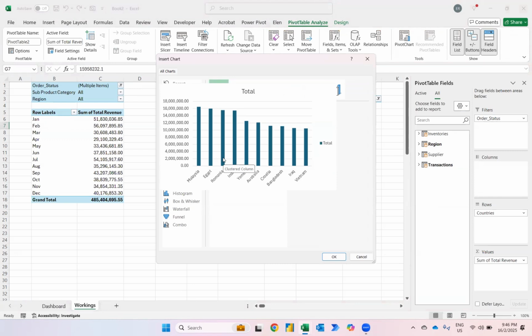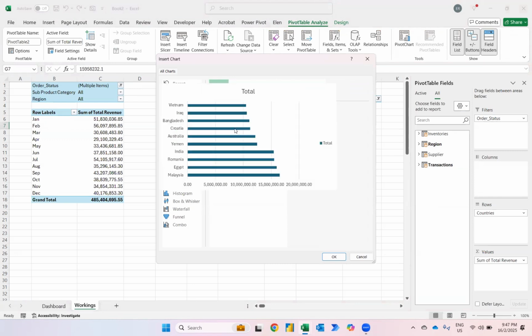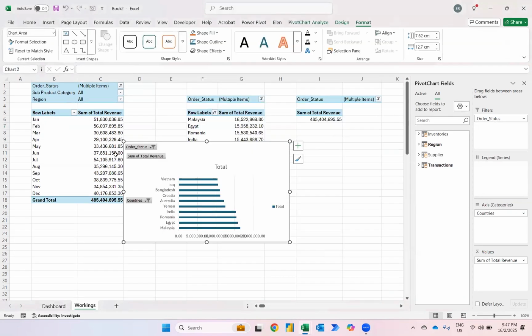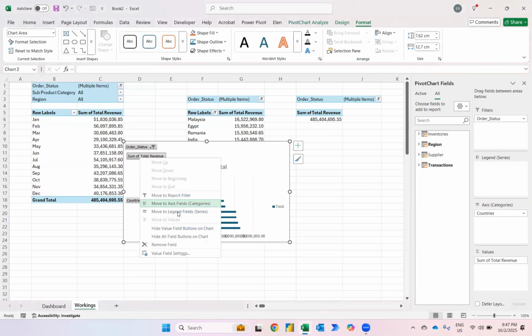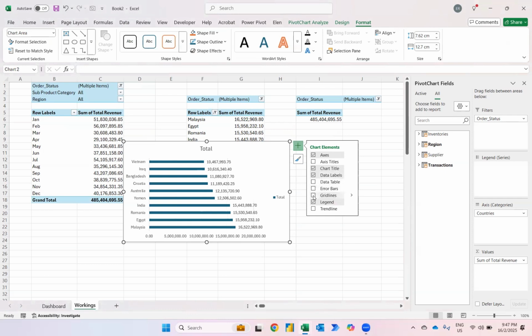Because a column chart is normally used when you make comparison on a periodic basis. But I choose bar chart because I want to make a comparison among the regions. Okay, so I'm going to press OK, and just like that. So this one, right click, and then I hide all fill. And then over here, what I'll do is I'll put here data labels and remove the grid lines, remove the